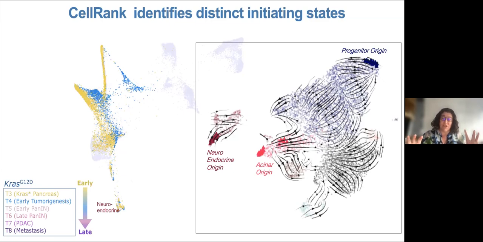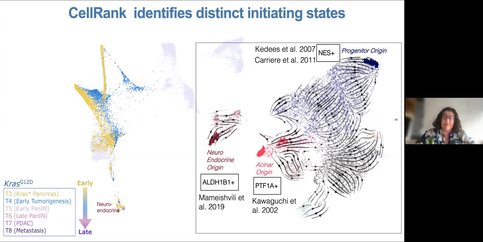So these are the initial points based on the mathematical model. And we see that there's not 1 point, but actually 4 points. This reconciles the field, because there have been a lot of lineage tracing results, and this person says it's NES plus, and this person says it's PTFA1, and everyone argues what the initial state is. The answer is it's actually all of them, and we could organize all these different lineage tracing works with single markers at a time.